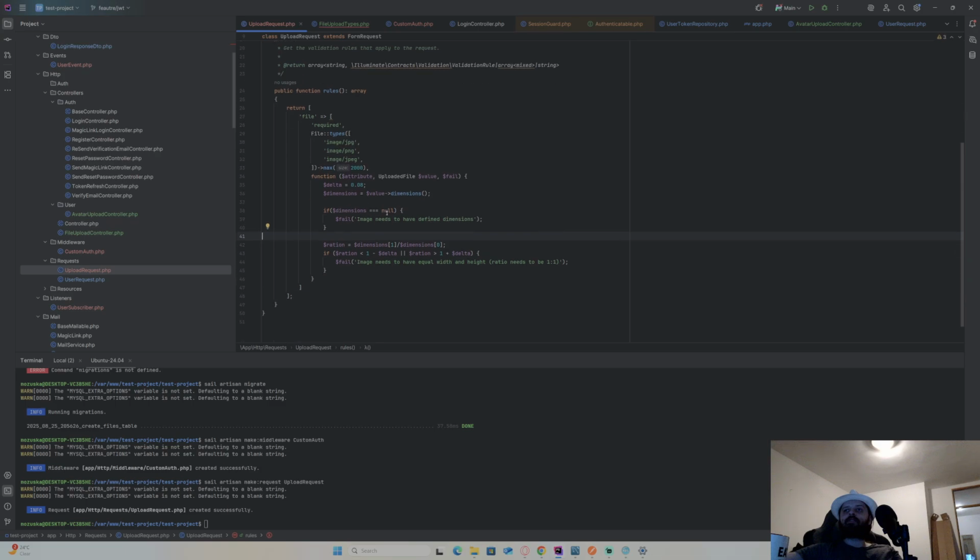alright, I'm gonna apply request, just a second. So I have MIME types here. Let me check. I do have size here. I do have a ratio check, which is gonna be a callback. Hmm.